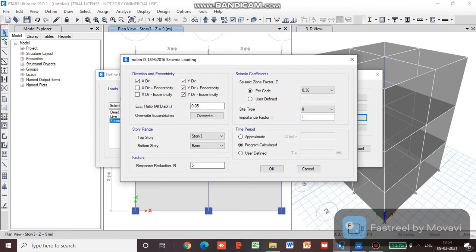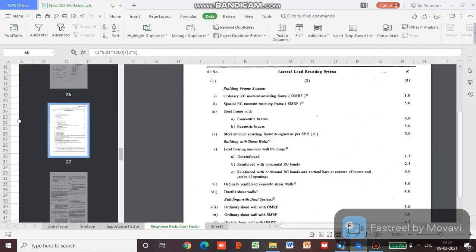So we will consider the seismic load in X and Y direction. Now we will have to feed in certain parameters. So this top story, whatever is there in the building structure which we have modeled, that is present there already. You don't have to do anything. So the response reduction, now we have to put in these values. So the response reduction factor,